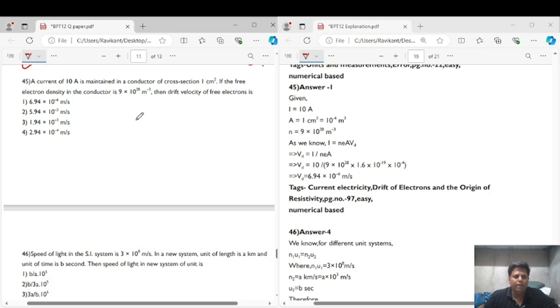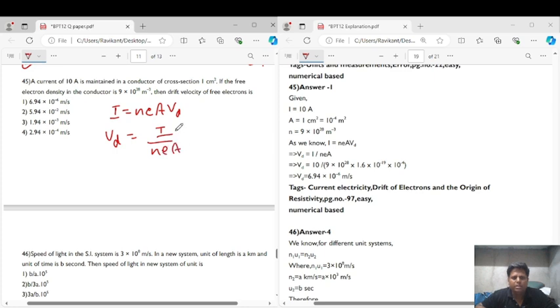Now question number 45. Question number 45 says that a current of 10 ampere is maintained in a conductor of cross-sectional area 1 centimeter square. If the free electron density of the conductor is 9 × 10^28 per meter cube, the drift velocity of the free electron is. So for this we will use the relation I = nevA, and from here we can say that vd = I upon neA,